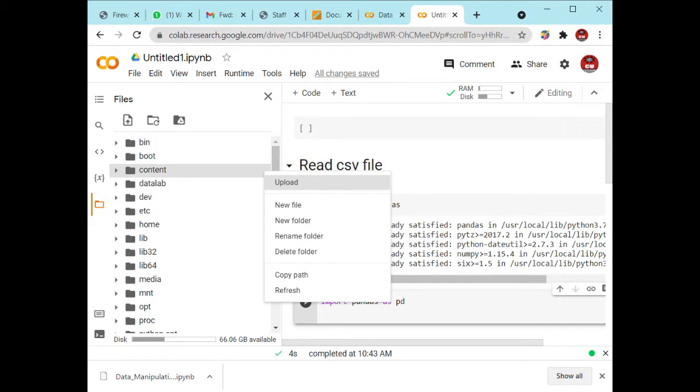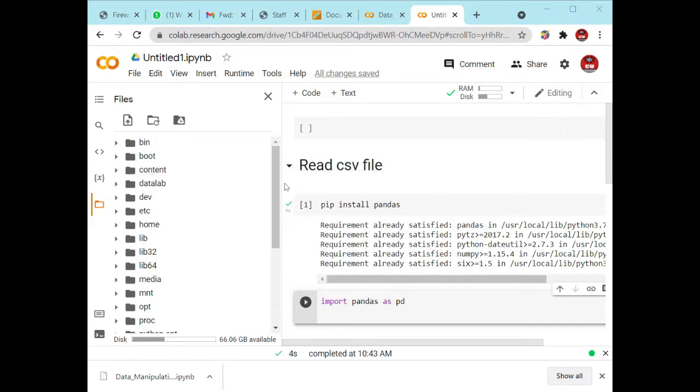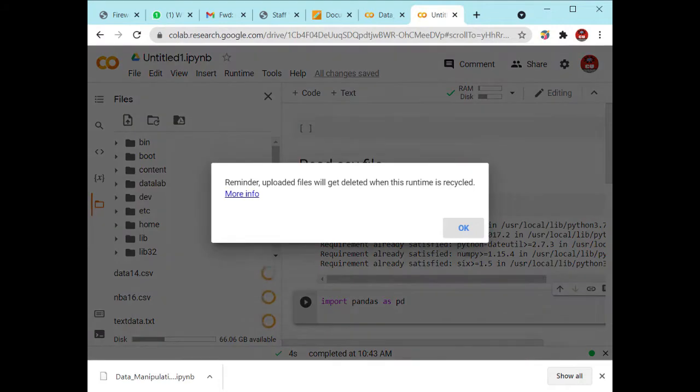Click on upload, and upload the three files which you have downloaded. It gives a reminder that uploaded files will get deleted when this runtime is recycled, meaning when you stop executing or exit from this tab, these files will be lost.